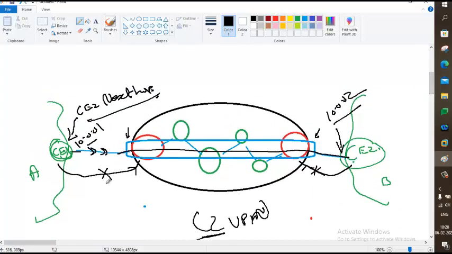You don't need routing. You want the ISP to be seen as a layer 2 switch.